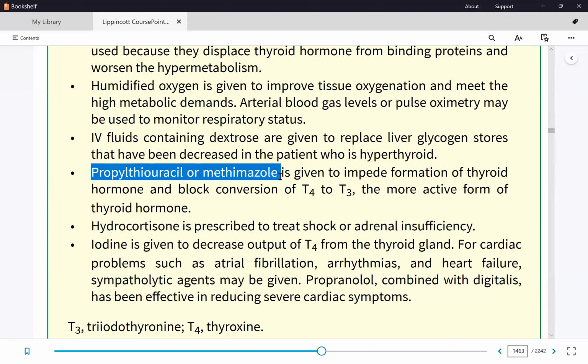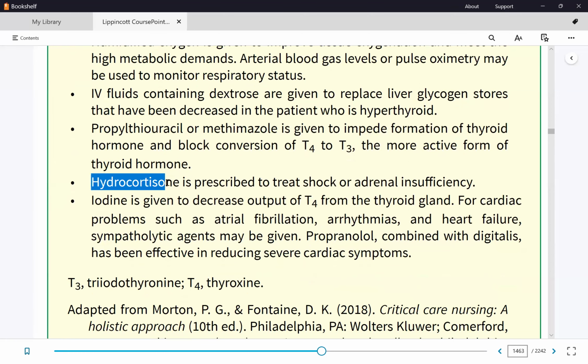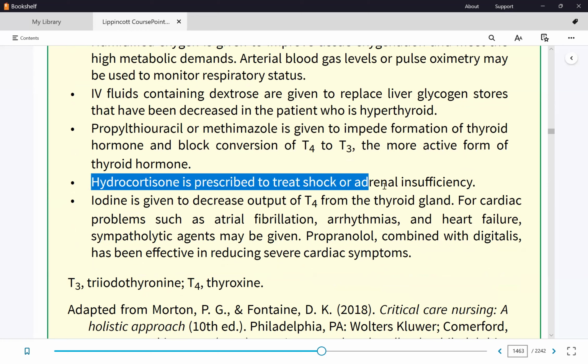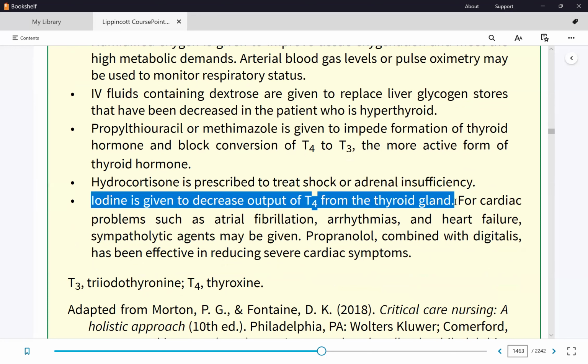When we say anti-thyroid, what do they do to the thyroid? They destroy thyroid tissue. Okay. Hydrocortisone, this is a high dose steroid because this is life-threatening. So we give steroids to treat shock or adrenal insufficiency, and then iodine. Now for iodine here, because